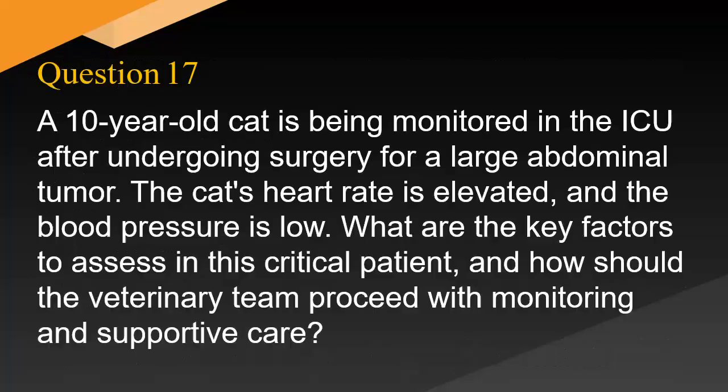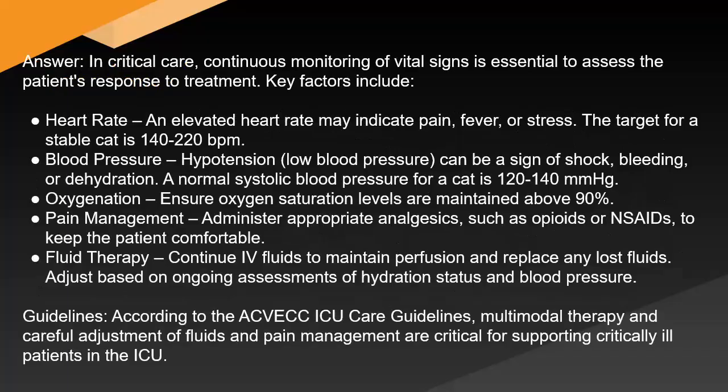patient outcomes. A 10-year-old cat is being monitored in the ICU after undergoing surgery for a large abdominal tumor. The cat's heart rate is elevated and the blood pressure is low. What are the key factors to assess in this critical patient, and how should the veterinary team proceed with monitoring and supportive care? Answer. In critical care, continuous monitoring of vital signs is essential to assess the patient's response to